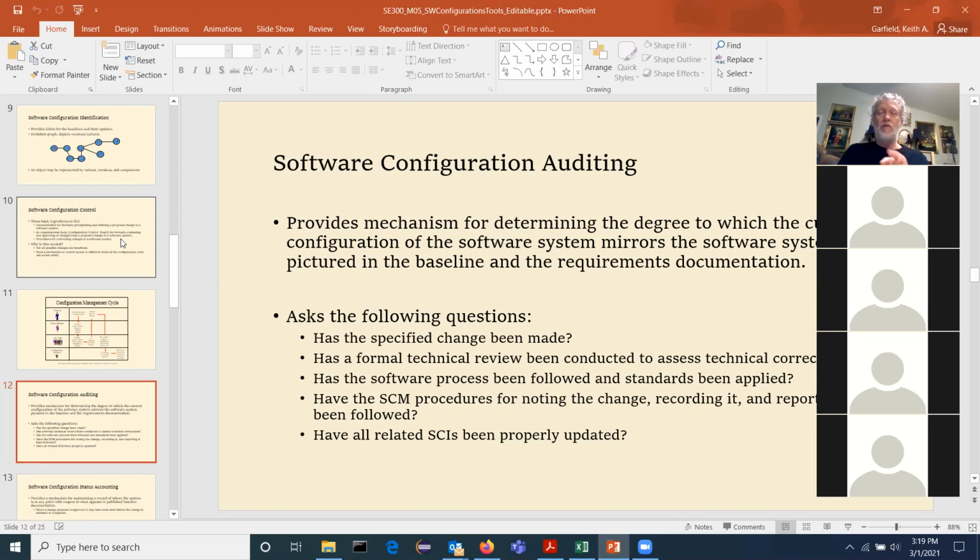Now, again, the more formal the system, the more formalized that review process is. So in some companies, if you were given a task to write software, they give you the software specifications. The first thing they do is ask you to write your test cases, and your test cases have to be approved by somebody before you're allowed to start writing the software. But that's all auditing stuff, right? That's all configuration auditing stuff.